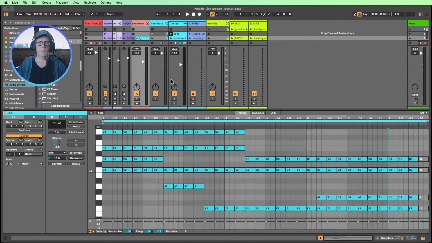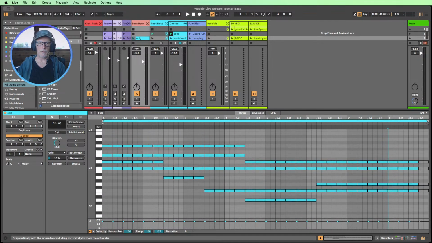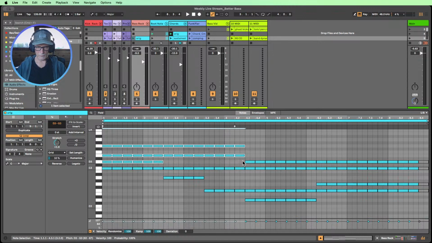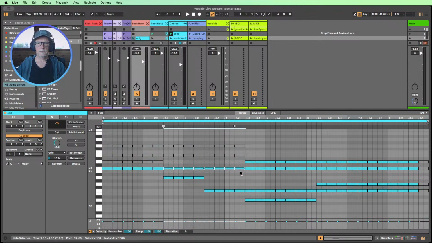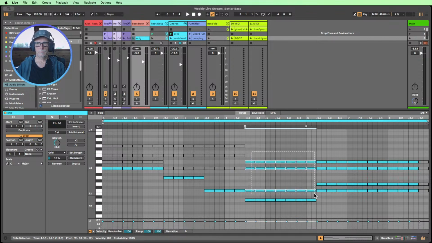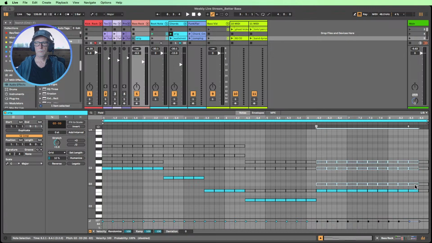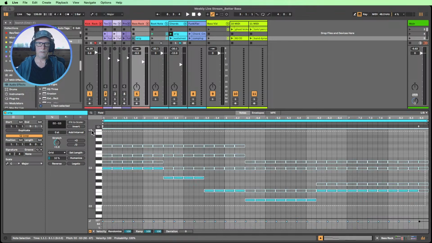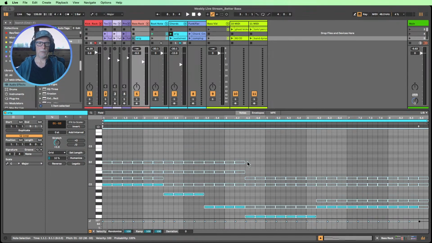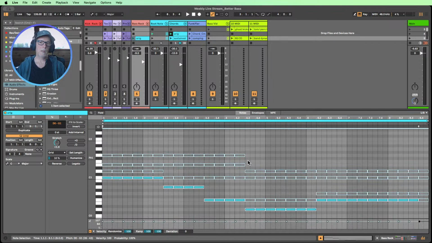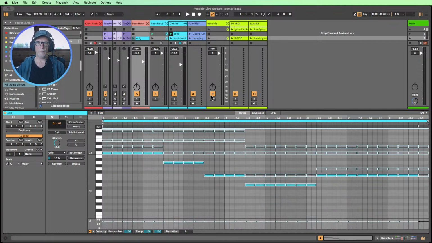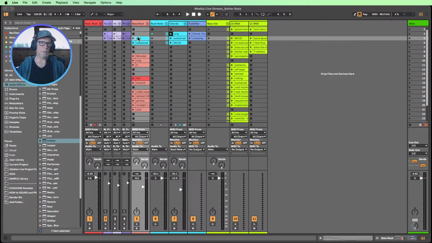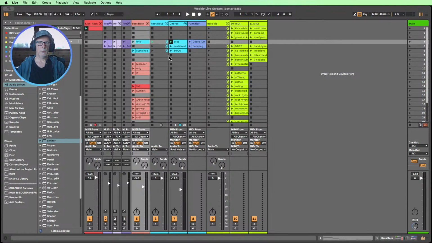And what we're going to do is a classic move. So we've come up with the chords first. We're thinking about writing a bass. We take out all of the top notes. Like so, and we've got ourselves just the root notes of the chords. We then would highlight the clip, and then we're going to bring it down a couple of octaves, somewhere around here, maybe not as low as that. We'll try it here first. So let's put that one on, and we'll turn off this track for now, so we don't need to hear that.